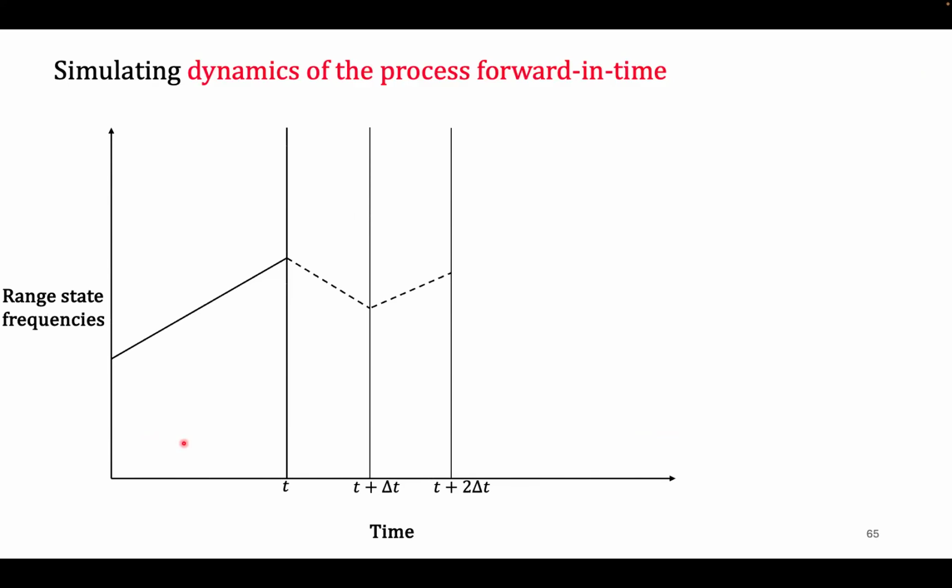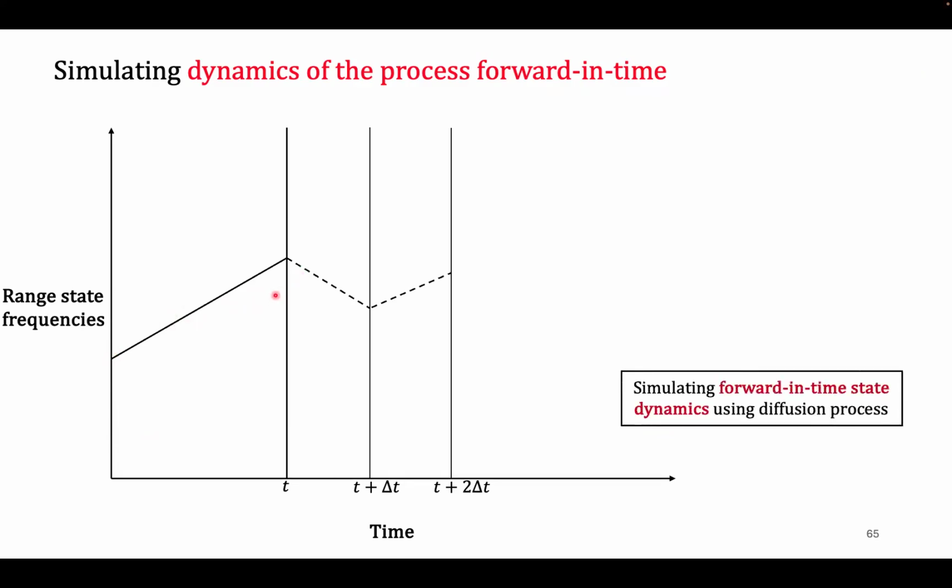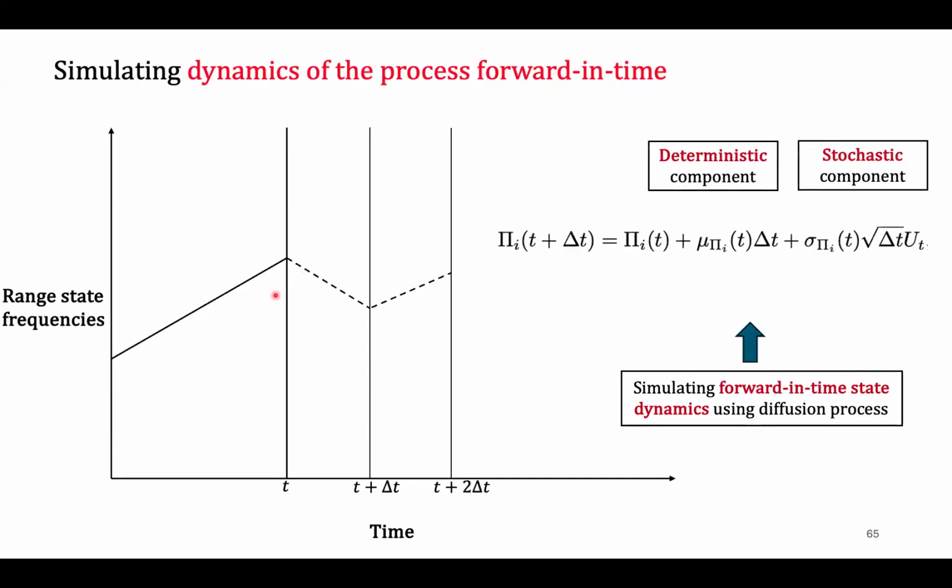So what we actually do is that you have this forward in time process. Your y-axis counts the frequencies for one of the range states that you consider, and time moves forward from left to right. You basically want to simulate this dynamic of how the frequencies change over time. So it's forward in time simulations, defined by this equation here. This equation has a stochastic component, described by this sigma notation, and then it has a deterministic component. And what you do is that you basically want to compute the future value,